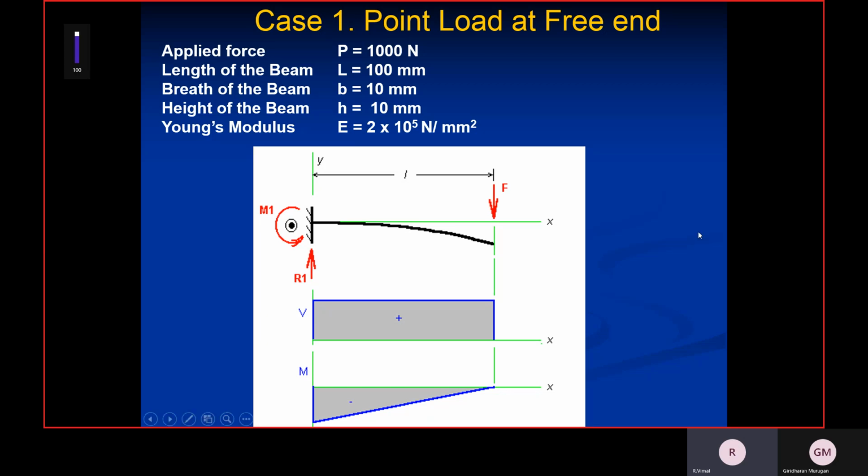So this is the case that we are going to see. Here you are seeing a cantilever beam with a load of 1000 Newton. The load, if we look at it, is a point load. So first we are going to see in a cantilever beam how to give a point load and then proceed with the beam. So now we go to the ANSYS software.